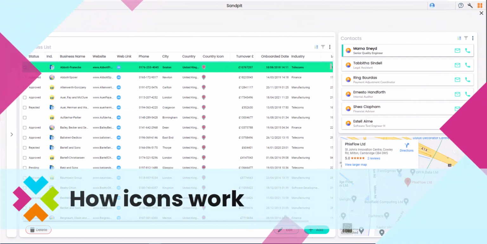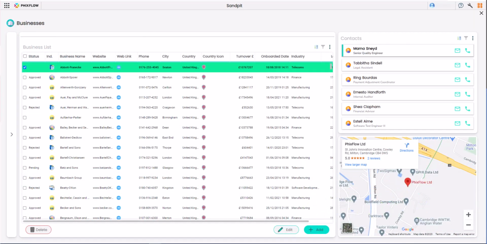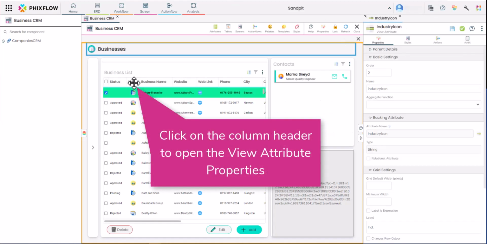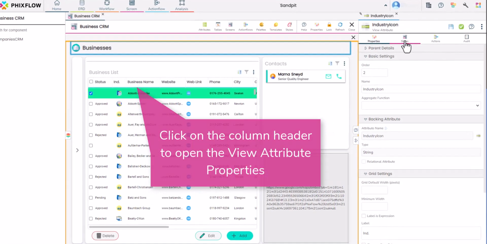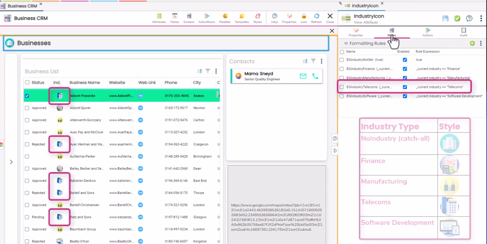Here we have a simple CRM app with a list of businesses. To make our grid more user-friendly, we have added icons to demonstrate the industry of each business. To achieve this, we have added an empty view attribute, which is displayed as a column. On the Styles tab for our view attribute, we can see the formatting rules that are matching the industry type